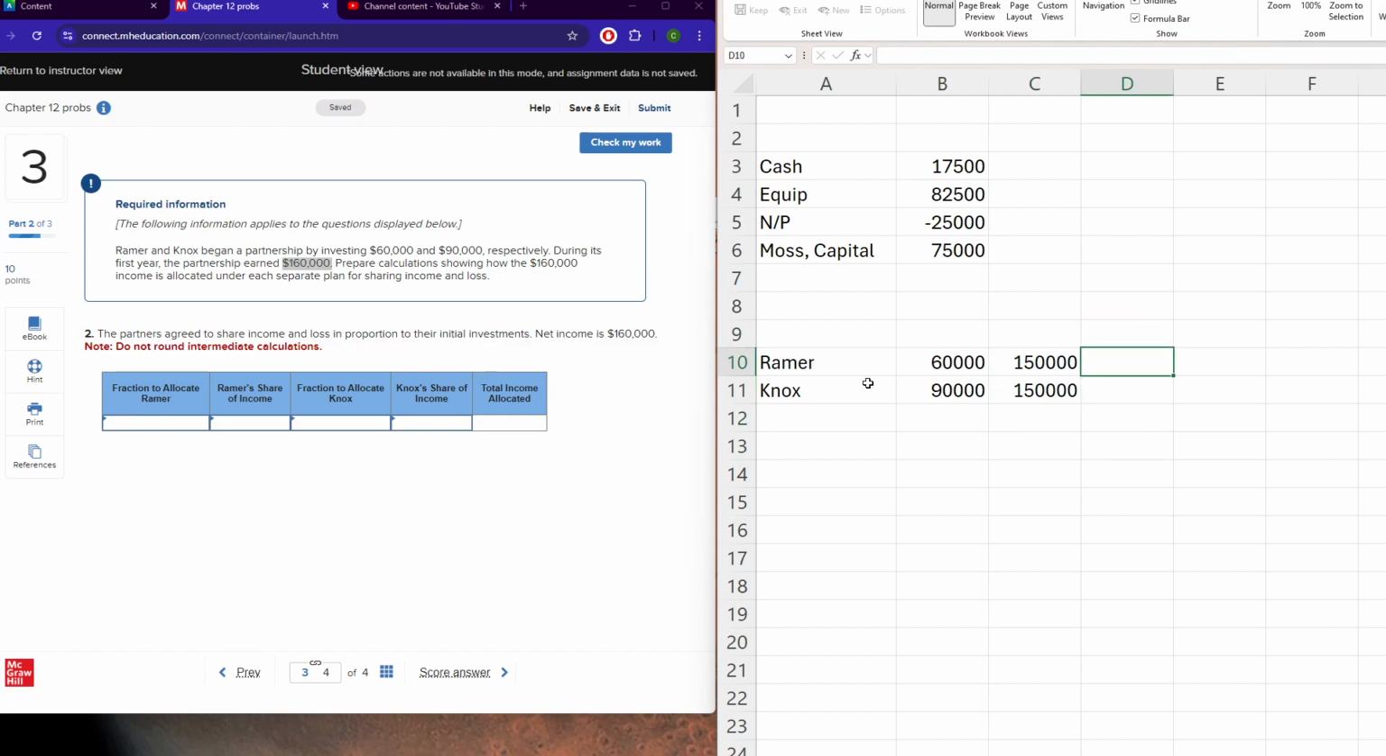Okay, and then I'll do the division. So it's going to be the 60,000 divided by 150, and that'll be 40%. And then, of course, it's going to be 60% here. We'll go ahead and do the math, though. All right, so Raymer is going to get 40% of that income. That income is $160,000. So if I do that math,